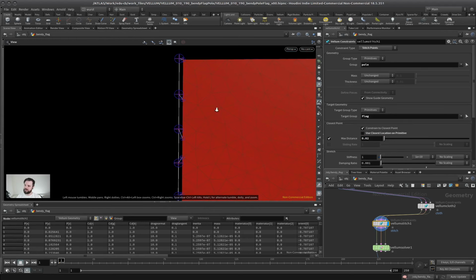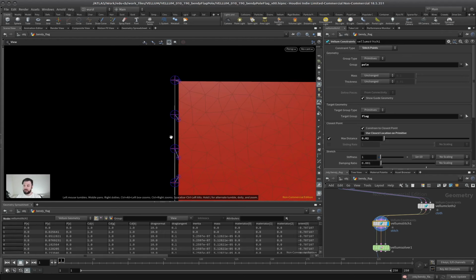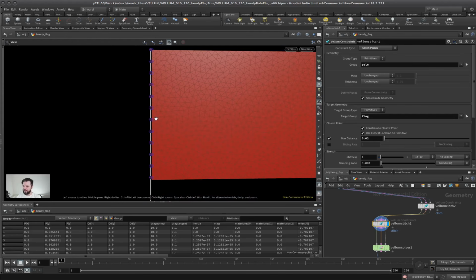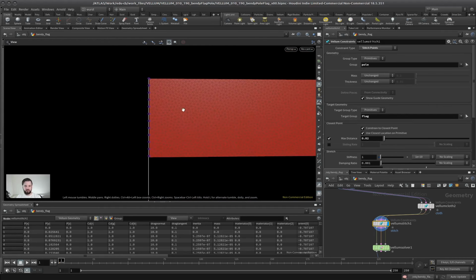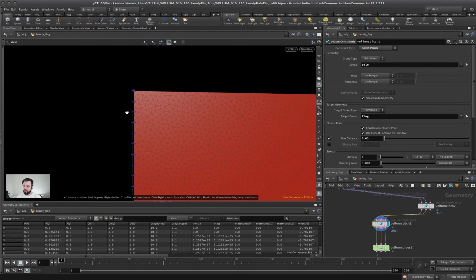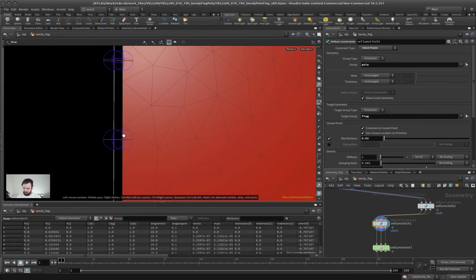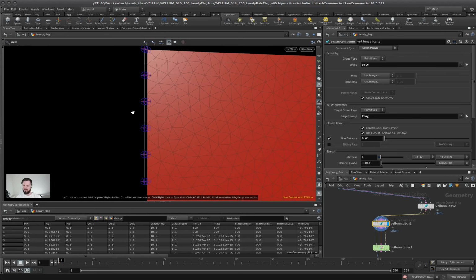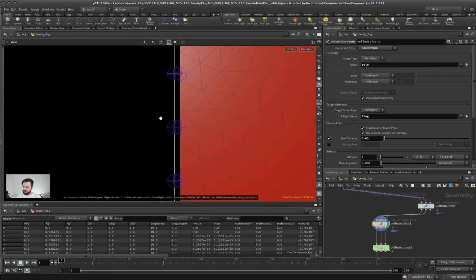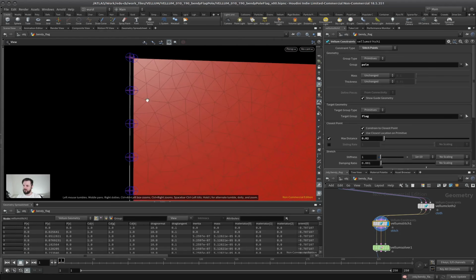The disadvantage of this is that you have only connections where there is a point on the pole. You could change that with use closest location on primitive, because then every point on the pole will look for the closest point on the whole flag, which would work. And this could potentially be usable. The problem I see with this is that the topology of the flag does not match with where the points are attached. Now you could say it doesn't matter, and if it works for you, that's fine. But it tends to look a bit nicer if